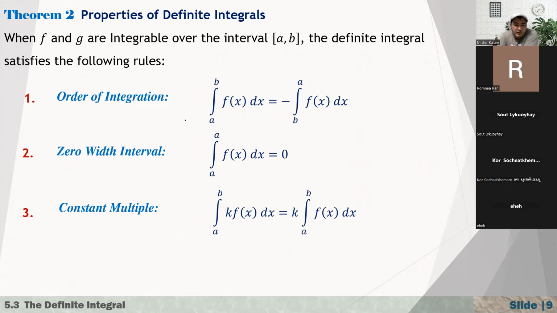The first is the order of integration. The integral from a to b of f of x dx is equal to minus the integral from b to a of f of x dx. Why? If you take just one line segment, for example, let's say here we have x sub k minus 1, and this one is x sub k. When we are forming our delta x, what is our delta x? Delta x is equal to x sub k minus 1 minus